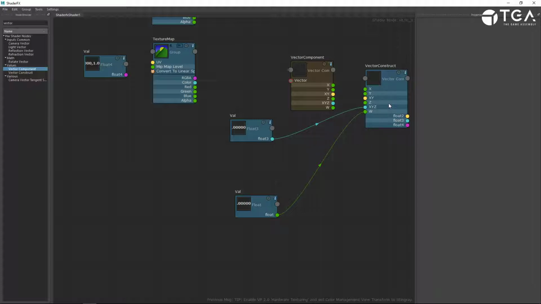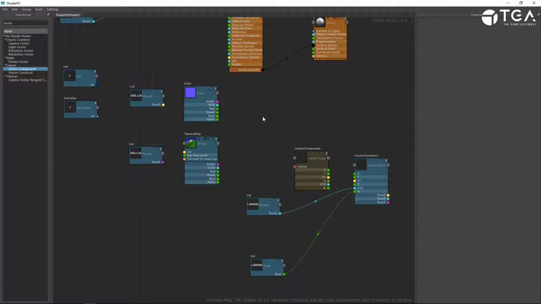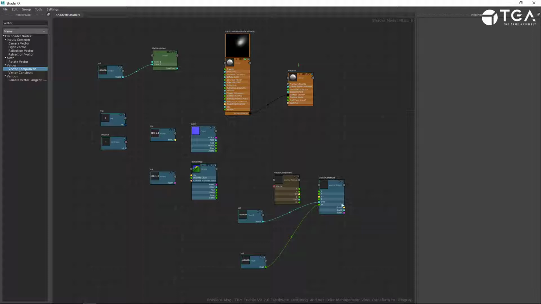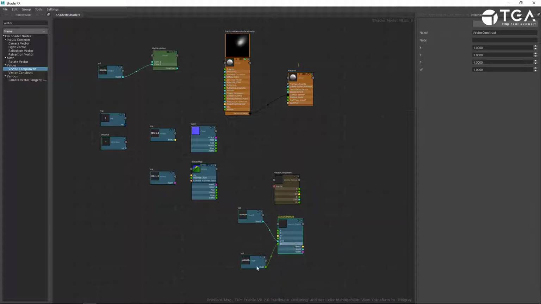So that should be it for the first part of this video series, where we just talked about how to work with ShaderFX. You should now know enough to be able to start at least creating nodes and connecting them together, and viewing shader networks. And in the future videos, we'll talk more about what different types of nodes there are and how you can use them, and what are some good practices when creating